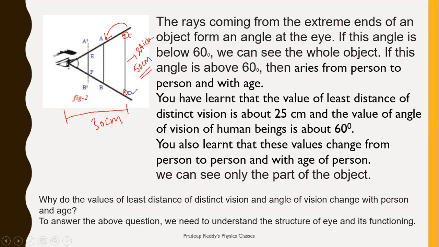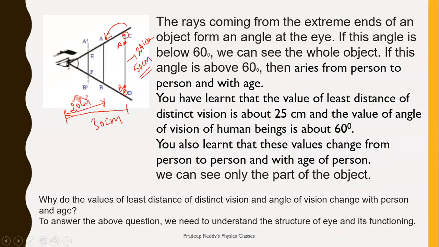And when you are placing this CD a little bit closer, some part under this C and some part under this D is able to be viewed from this particular angle, like when you are placing it at a distance of, say, 20 centimeter. You can see this part and this part; I name this part A, and this part B. Now you are bringing it closer by 10 centimeter.